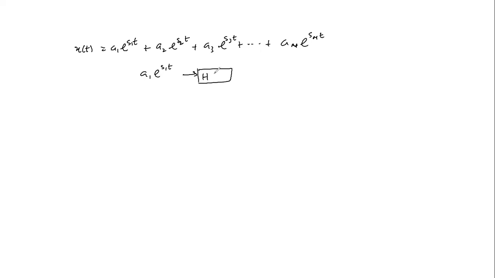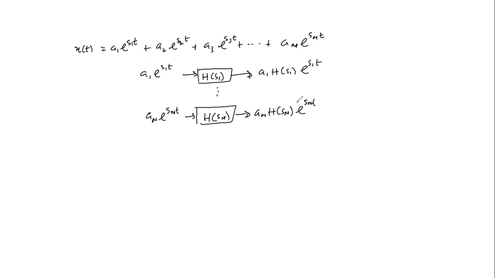So meaning if a system is fed with an input a sub 1 e to the s1 t, for instance, characterized by h of s1, then the output is a1 h of s1 e to the s1 t, and the same applies till an e to the sn t is fed into the system, for which the system is characterized by h of sn, then the output is an h of sn e to the sn t. So by superposition,